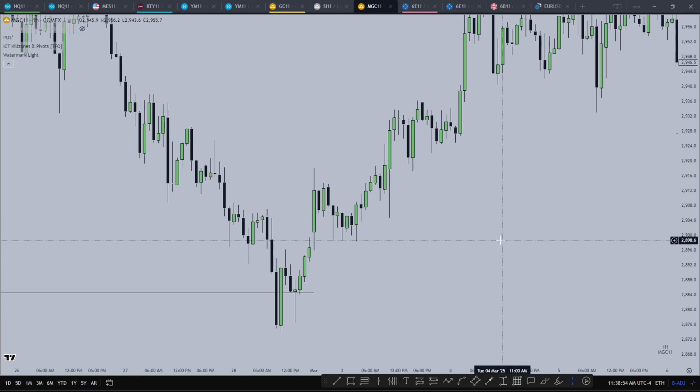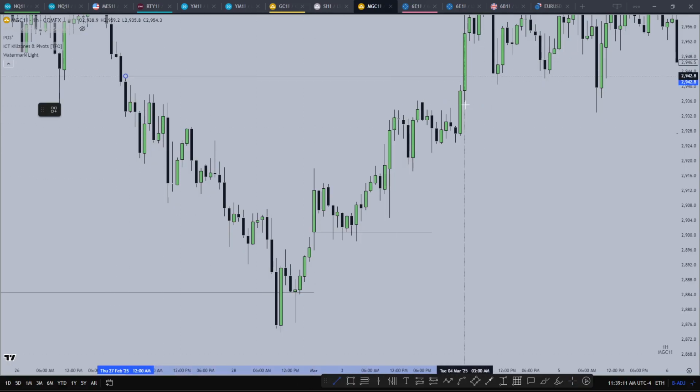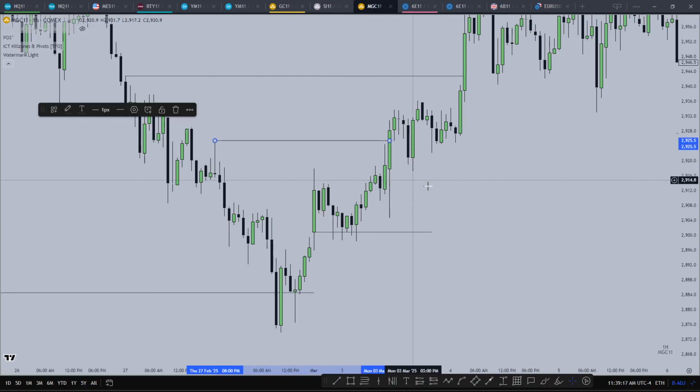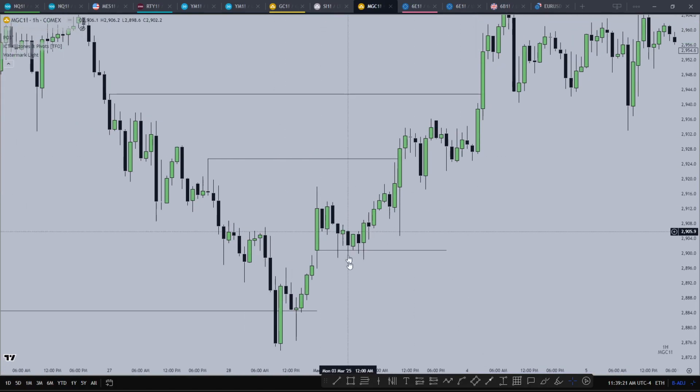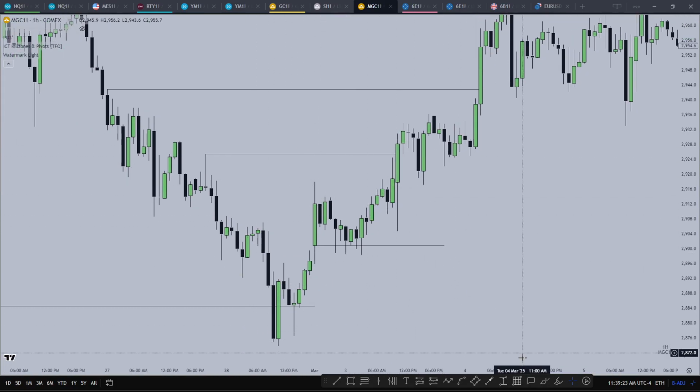Okay. And price opened up here the next day. This looks like the most relevant draw to me. And this. Okay. The relevant objectives for the next day. So how would you frame